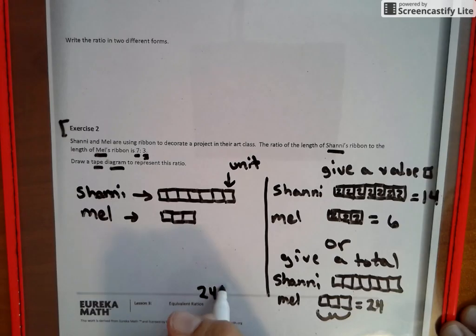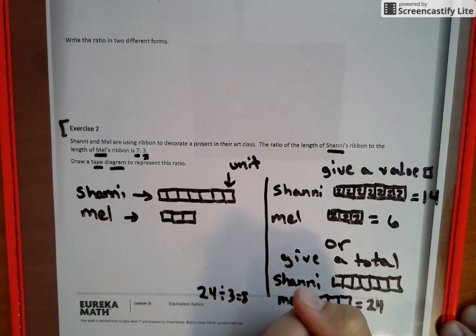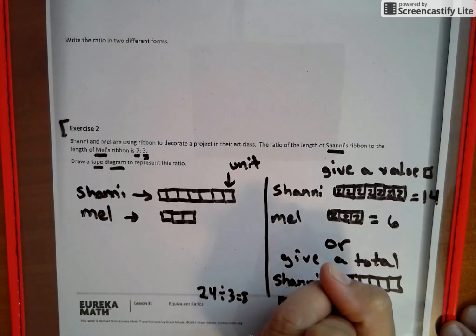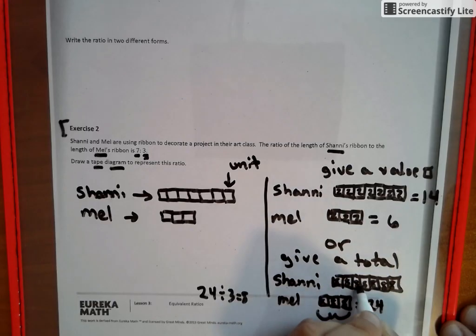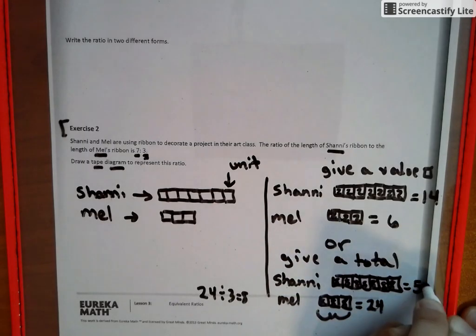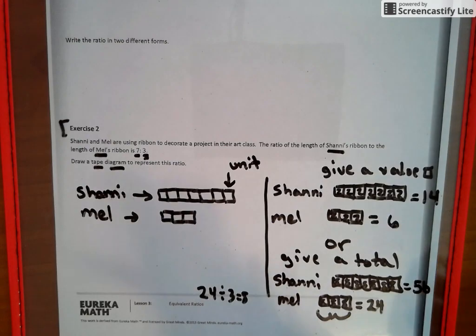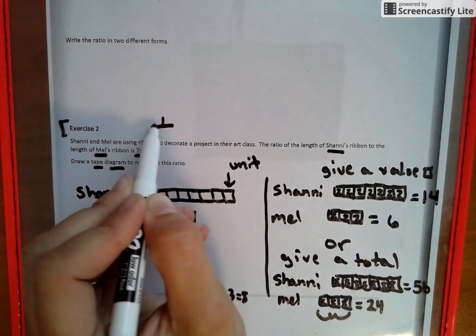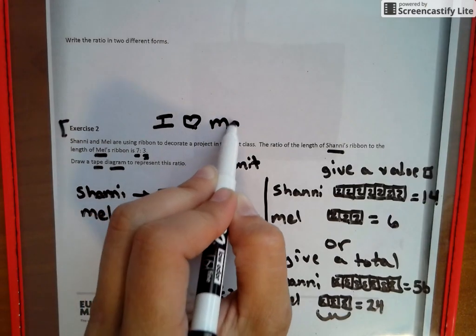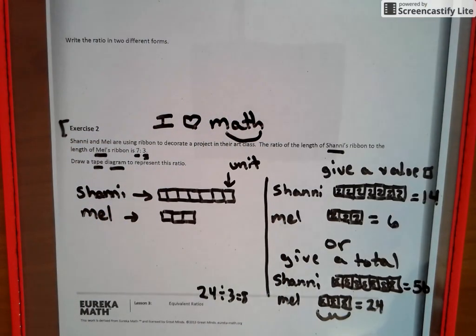So what number, when 24 is divided by 3, will give us what number goes in each box? That's nothing more than 24 divided by 3, which equals 8. So that means each piece is 8, and if I give 8 to each of those, I have to give 8 to each of these. So if we have 7 boxes with 8 in them, that would make 8 times 7, 56. And we can do so much just knowing how to make one tape diagram. So that is a lot, but that is a pretty neat